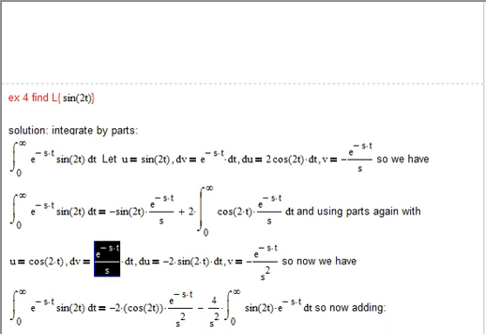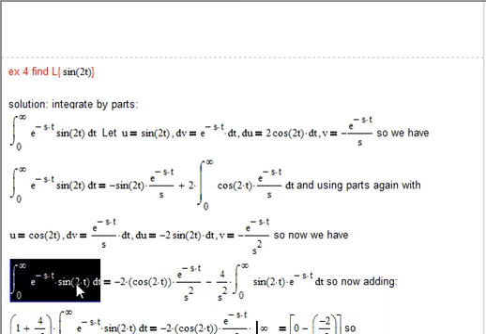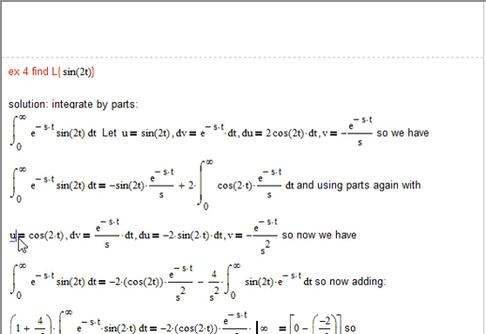So, what do we have now? Well, our integral is negative 2 cosine of 2t, that's the uv, right? Here's u, here's v, right? Times e to the negative st over s squared, and then minus, which is actually, believe it or not, a triple negative, because it's minus from the formula, it's minus from v, and it's minus from du. So minus the integral of v du, we wind up with the 2 and